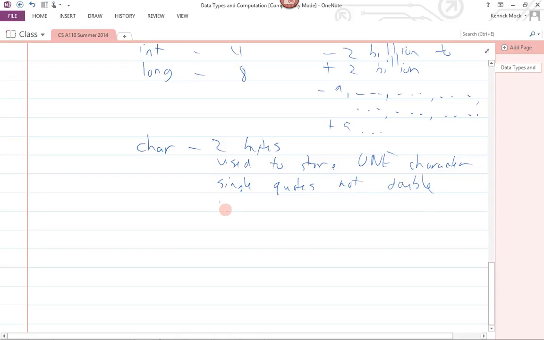And so if I have single quote A, for example, then this corresponds to the code. If you remember yesterday, we were talking about you have these sequences of bits that represent different letters that people have agreed upon. This would represent the code for the letter A. And if I have another one like exclamation mark, I could put that in single quotes, and that would be the code for an exclamation mark. So we've got codes for all the letters you could type, as well as things you can't really type, and then codes for funny ones like